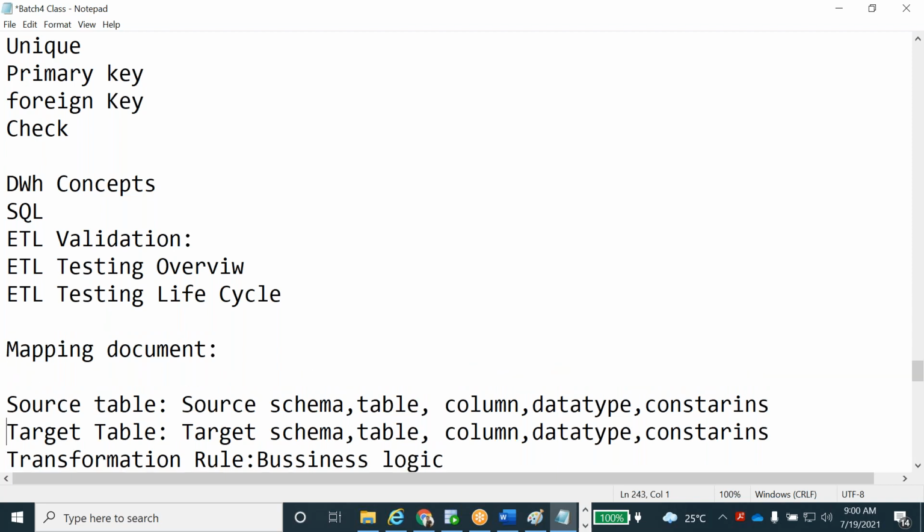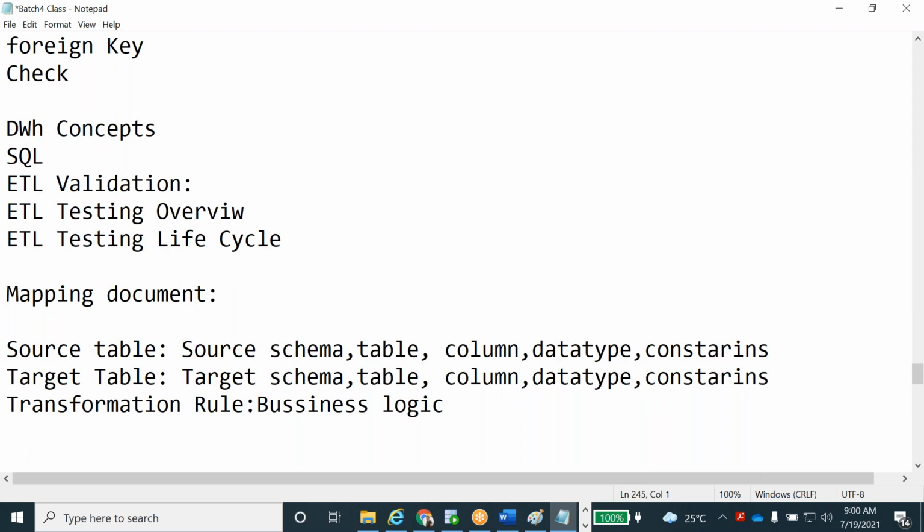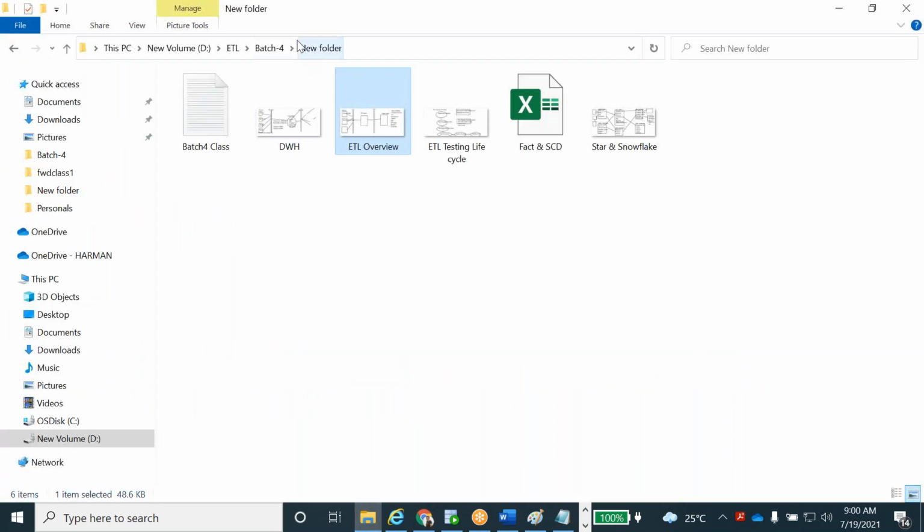From an interview point of view, they will ask, can you tell me what kind of fields will be there in the mapping document? Can you explain the mapping document? What kind of fields are there? So you have to tell the source schema, source table, column, data type, constraint. These are all the information in the mapping document. I'll show you one mapping document, and tomorrow I'll share the